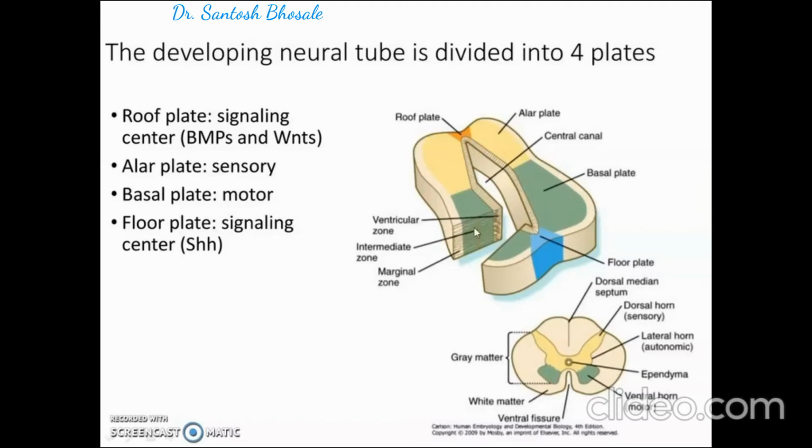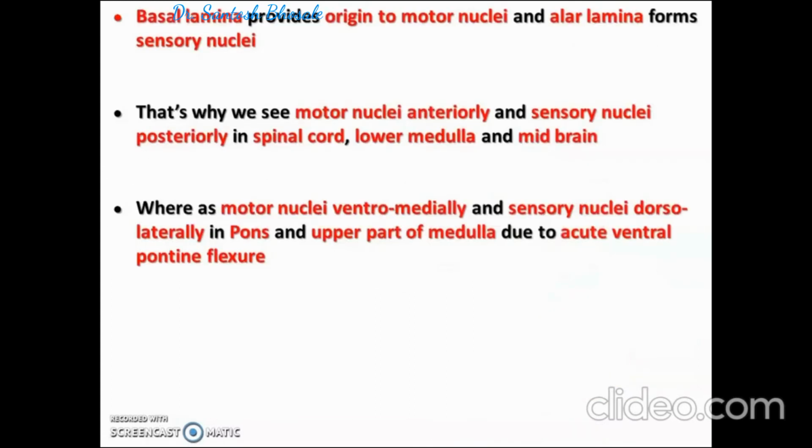And as they develop, they form the sulcus limitans. You can see the central canal there, and that is how the spinal cord you see. So basal lamina provides origin to motor nuclei, and alar lamina forms the sensory nuclei. That's why we see motor horn or motor nuclei anteriorly and sensory horn or sensory nuclei posteriorly in spinal cord,